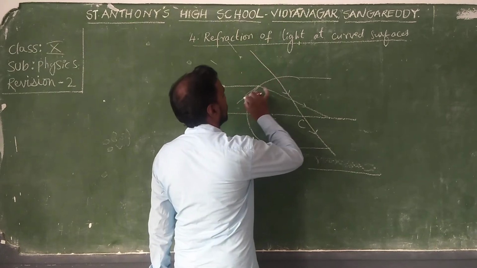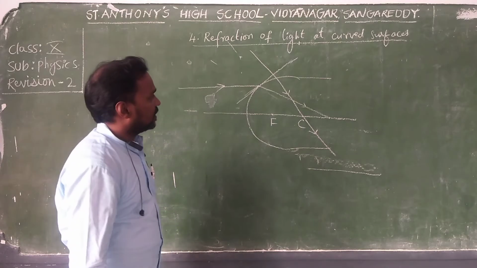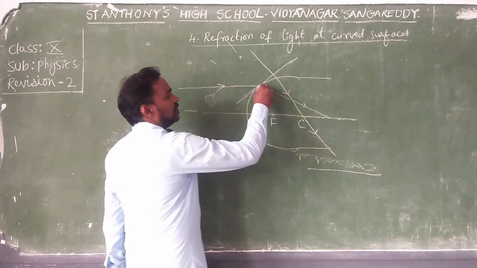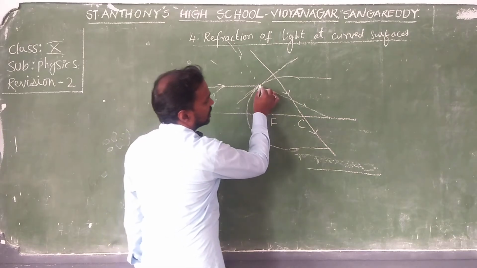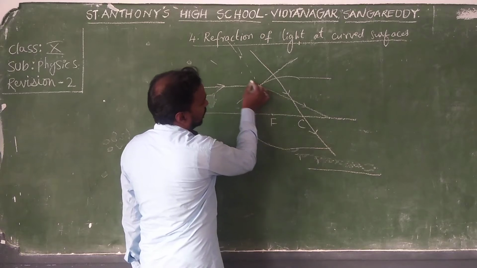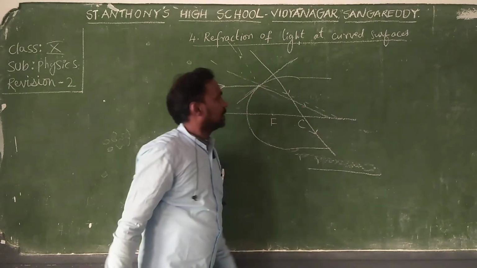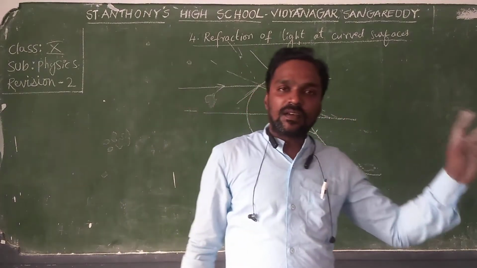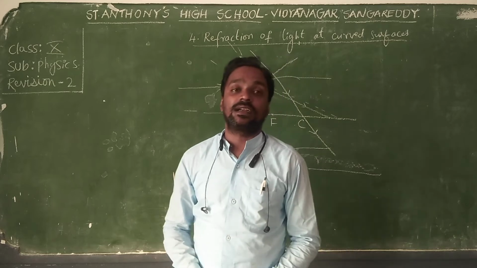First you draw a tangent to this point on the curve. After drawing the tangent, we can draw the normal like this. If you draw the normal from here, this normal will come and meet at one point, and the meeting point of the normals is called the center of curvature, and that will decide that